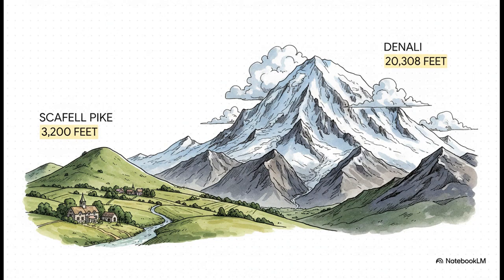So to really get a feel for the different paths these two nations took, you've got to understand the sheer difference in scale. And this, right here, just says it all. England's highest peak, Scafell Pike, stands at a respectable 3,200 feet. But look at America's highest, Denali, towering at over 20,000 feet. I mean, this isn't just about mountains, right? It's a perfect metaphor for the vast, wide-open continent that would completely reshape the English language itself.